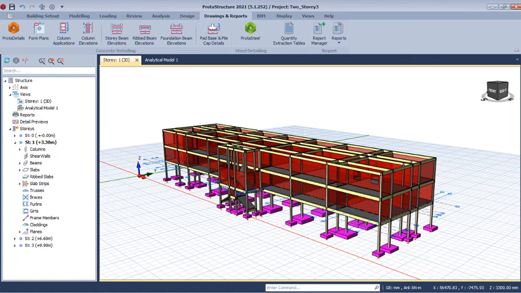And so in the next lesson, we'll be taking this whole structure to Prota Detail to generate the structural detail drawings of this, and then from Prota Detail we'll take it to AutoCAD, and then we'll be able to edit this drawing in a way that it will be presentable and then